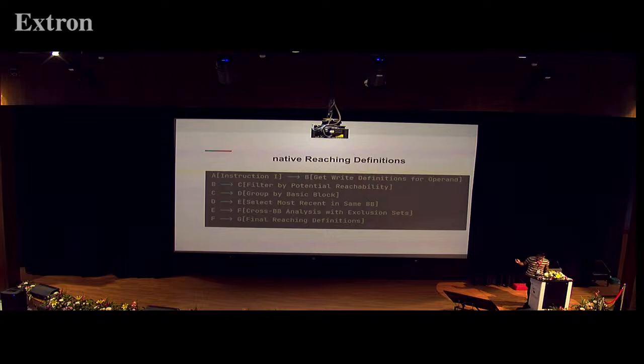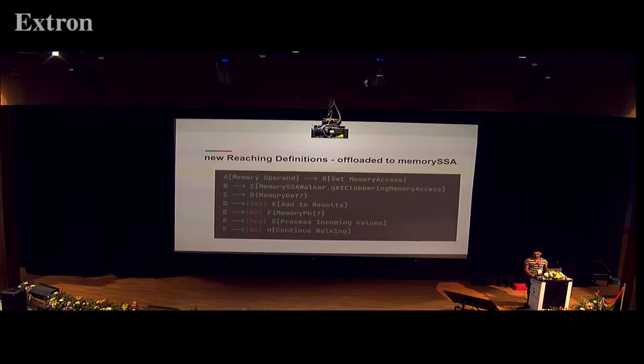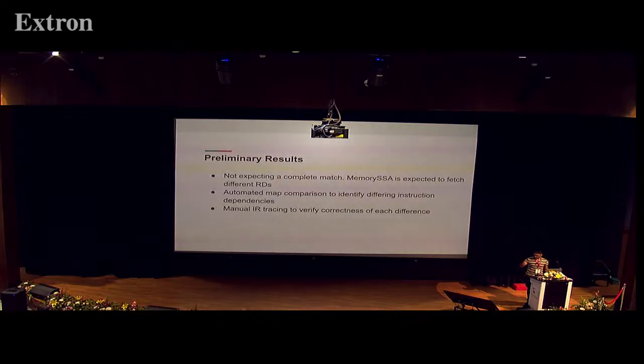Here, we can replace this entire process with a memory SSA API, where if we use the get clobbering memory access functions, it returns two outputs. One, if it's a memory def, that's it, answer. If it's a memory phi, you take the incoming nodes and run the same process in a while loop, and then you get your answers. This is a huge simplification over what we have right now, and it gives us better results than what we have with the current IR2Vec.